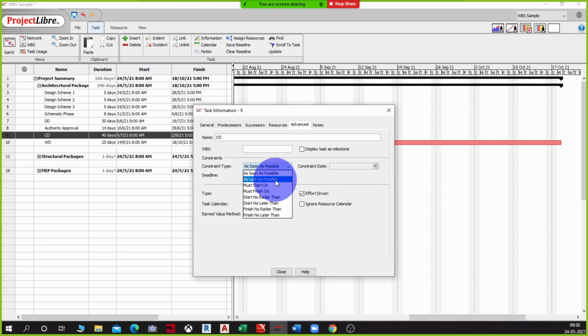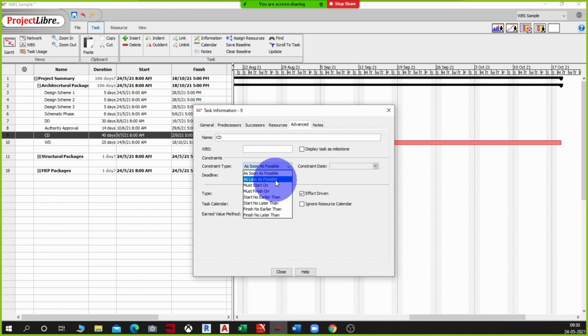That means I have to pay the charges which I incur for the resources. So I'll keep the constraint as late as possible so that it can be started at the last minute, so that I have to pay minimum rental or minimum wages to the people involved.